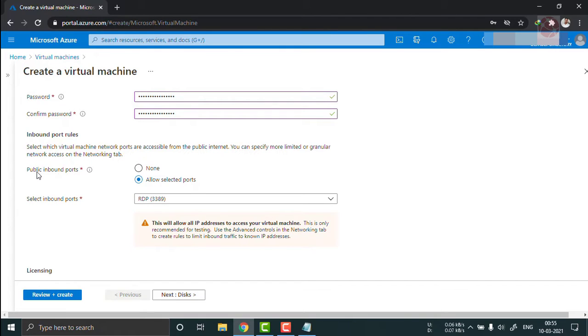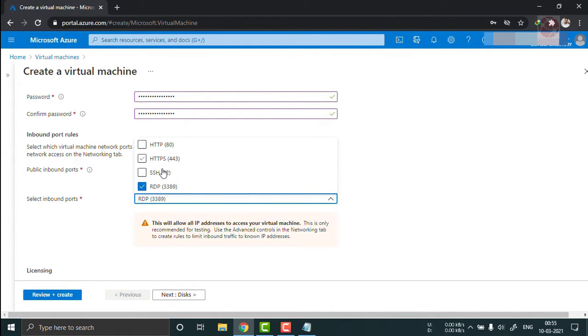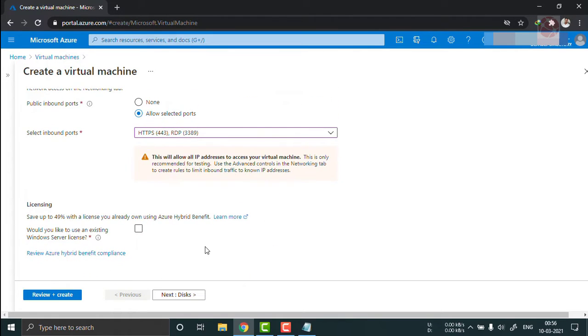Here you can select the public inbound ports, meaning the inbound rule for this virtual machine in Microsoft Azure. I'm going to select this one, and there are 4 options showing. I will select RDP and HTTPS also, and after that